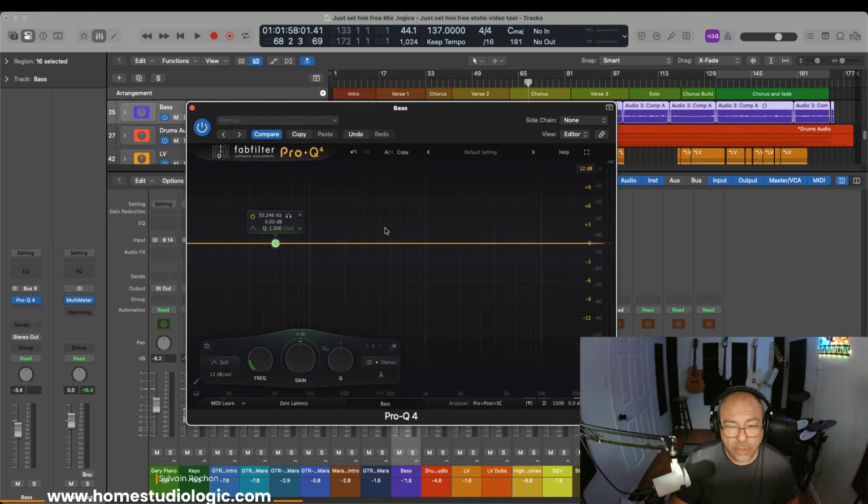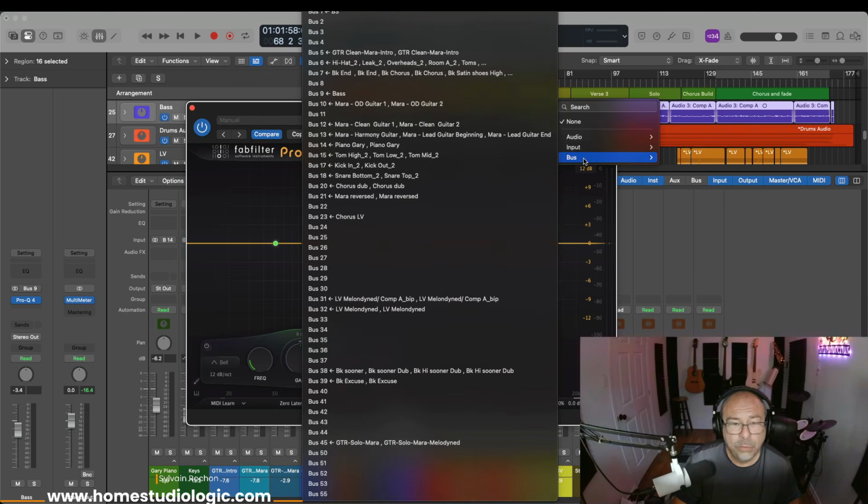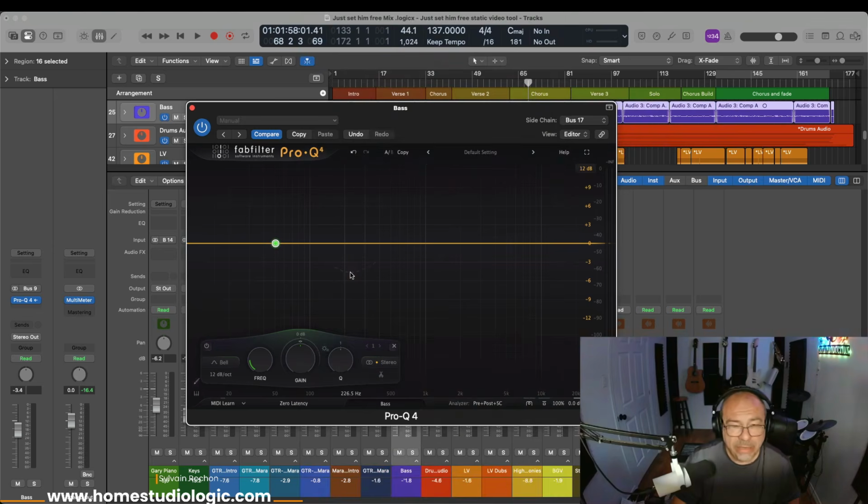Now what I'm going to do, I'm going to sidechain this EQ to bus 17, yeah, 17. Now, what this EQ is actually doing right now, it's listening to the kick drum. So it only will react when the kick drum is present. So I'm going to take this frequency at 50 hertz and I am going to give it